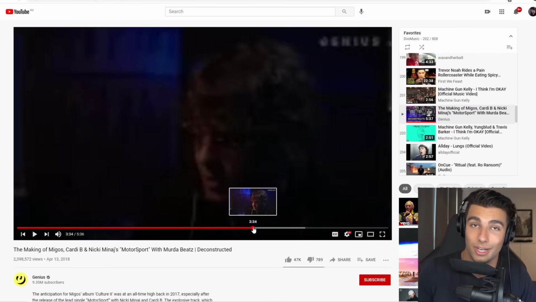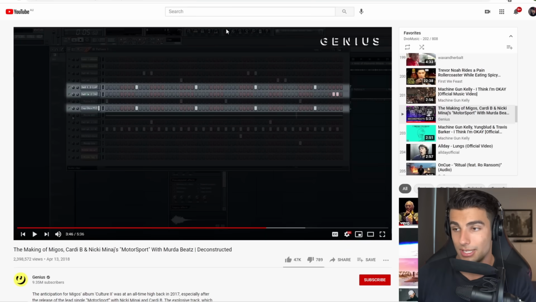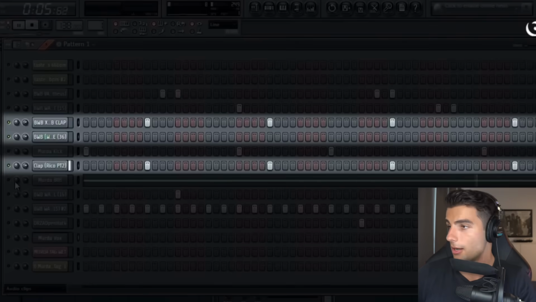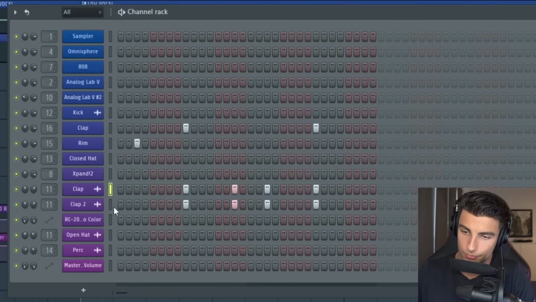Then we have some more claps, and Murda Beatz doesn't shy away from layering his samples, as you can see in his deconstruction of Motorsport. You can see he's layering in multiple clap samples here. That might be why I didn't find an exact sample, but these two worked really well together. So in the song,